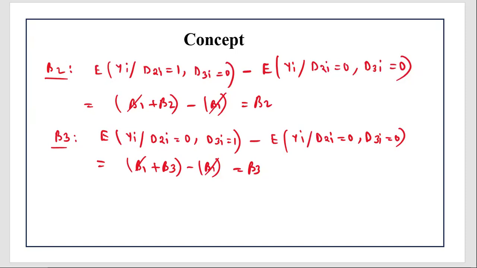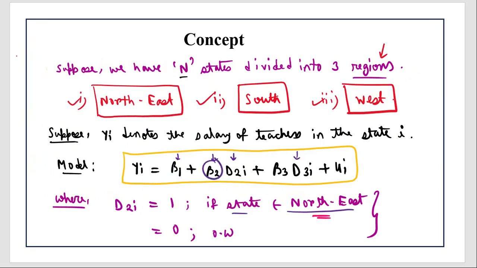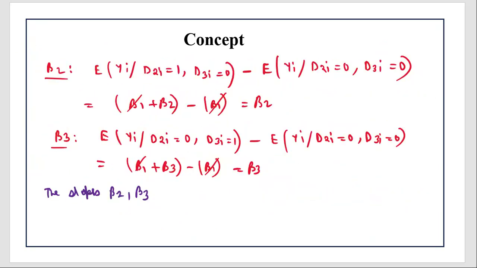Let me write it down. The slopes, namely beta 2 and beta 3. So this is basically the interpretation of slope in the dummy variable concept, right? Beta 2 and beta 3 are the slope coefficients of the original model. So this is the interpretation of the slope coefficient when a dummy variable is present. See, the slopes beta 2 and beta 3 give how much the mean salaries, mean means average, of teachers